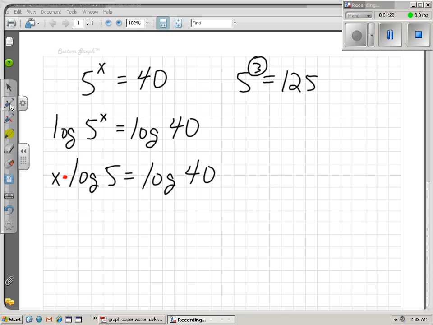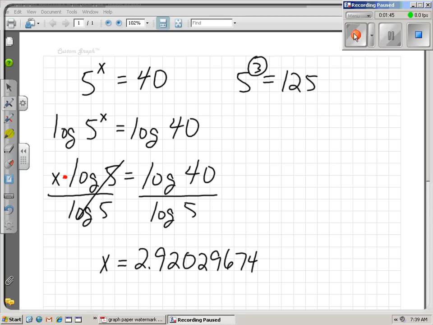Well, how do I get the x alone? I just divide that log 5 off. Now remember, you have to do it to both sides. Keep everything balanced. My log 5 is gone. My x is isolated, so there we go. Our exponent, that missing exponent that we were looking for, that x, it's alone now. And all I have to do is plug log 40 divided by log 5 into my calculator and get an exact answer. And we get x equals